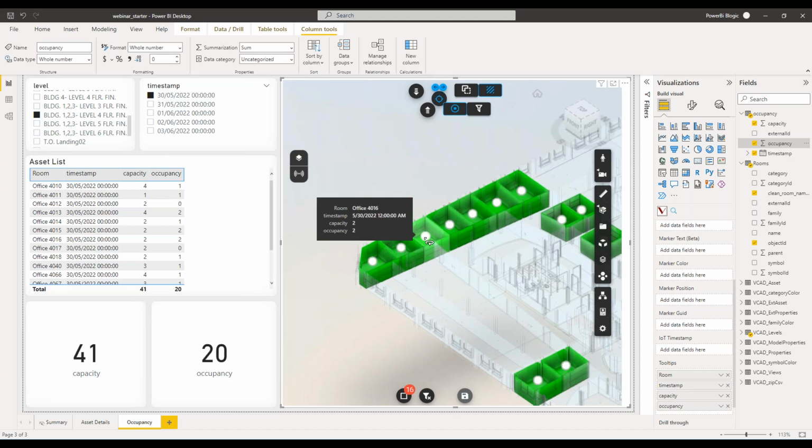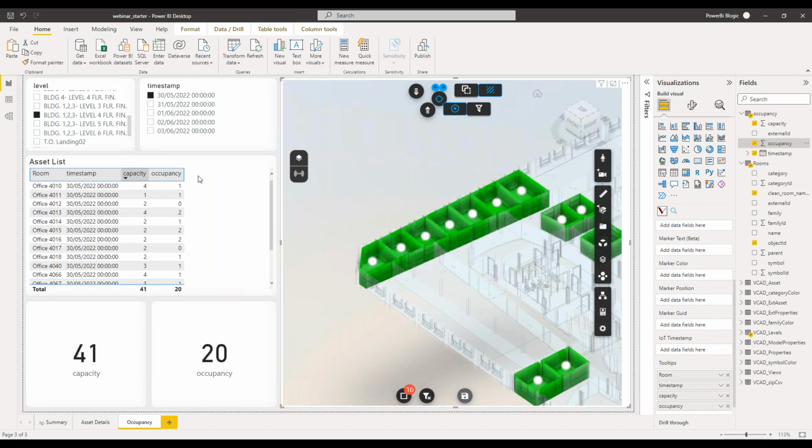Okay, we have some functionality here. However, it takes a while for me to know where there is availability. Ideally, I'd like to have this information immediately, just by looking at a glance. So we can do that by doing a little data transformation and setting up some marker styles. So let's start from the data transformation. So if we head on over to transform data,